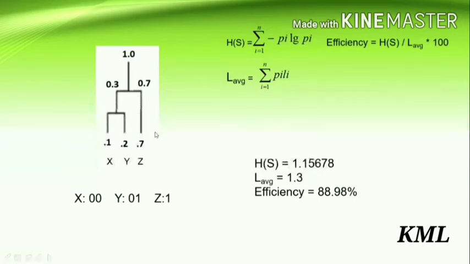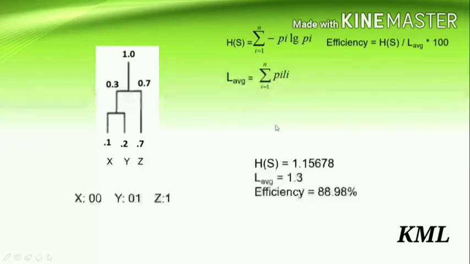Okay, so now let's calculate the code words. See here we have a left subtree here and a left subtree here. So the code word associated with left subtree is 0 and code word associated with right subtree is 1. So what do we get for X? We get a 0 0. Okay, 0 0. Next for Y we have a left subtree and a right subtree, so we get 0 and 1. Okay, 0 1. And for Z only one right subtree is there, so we get a 1. Okay, so this is the Huffman tree for these probabilities.